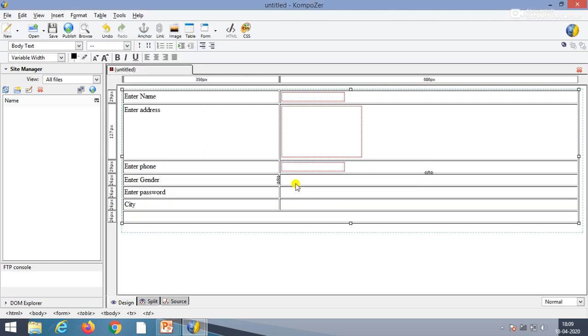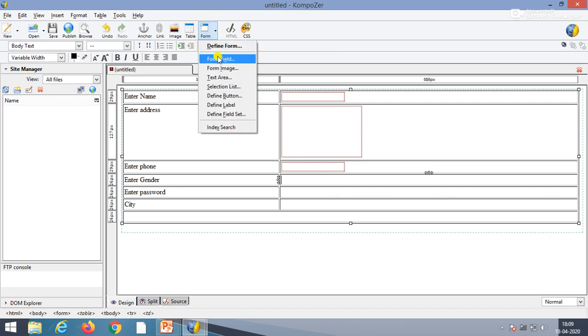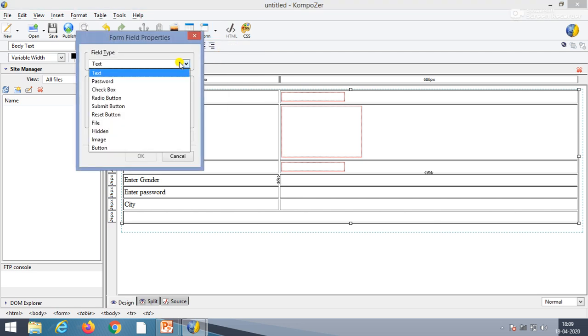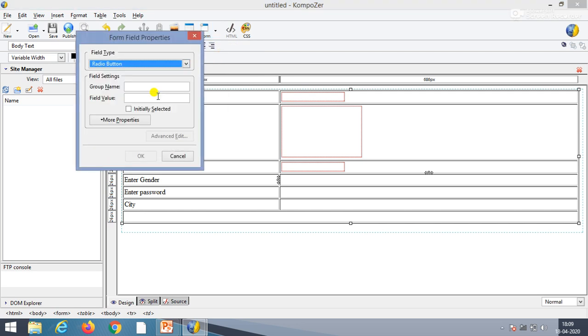Now gender. In gender, we will insert the radio button. So again from form properties, from fields, over here we will select this radio button and give the group name, but remember that the group name will be the same for all the radio buttons. So over here we will give G, and in the field value suppose male, and then OK.